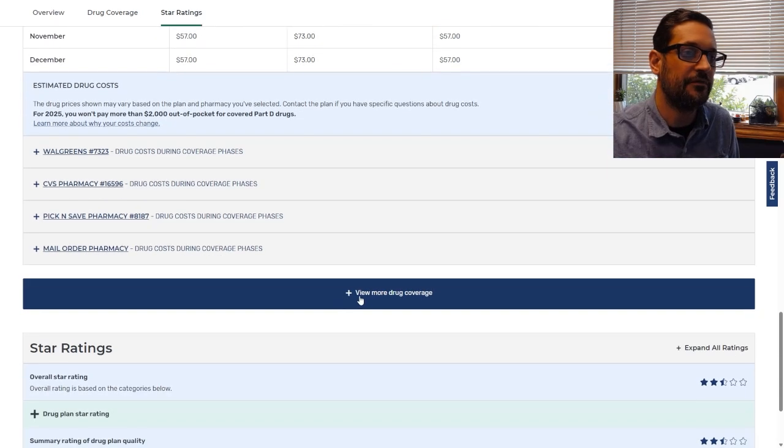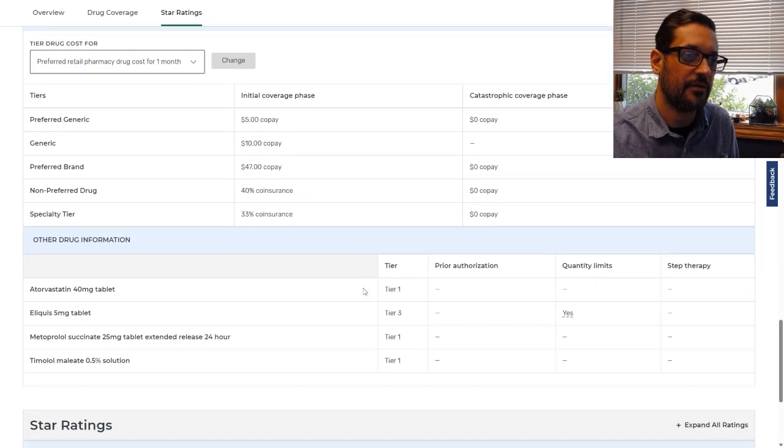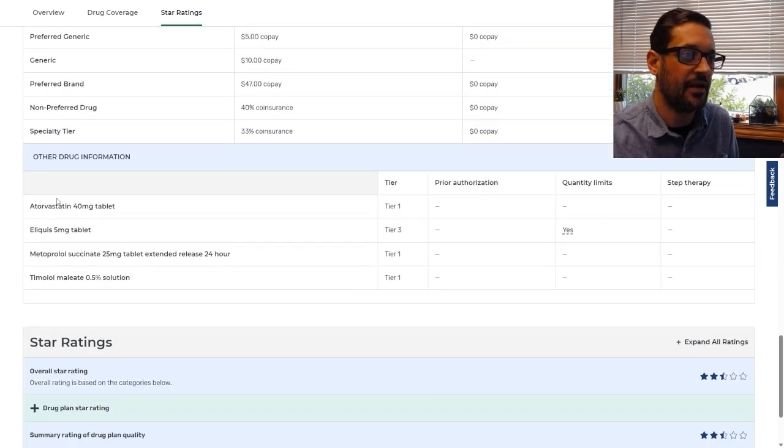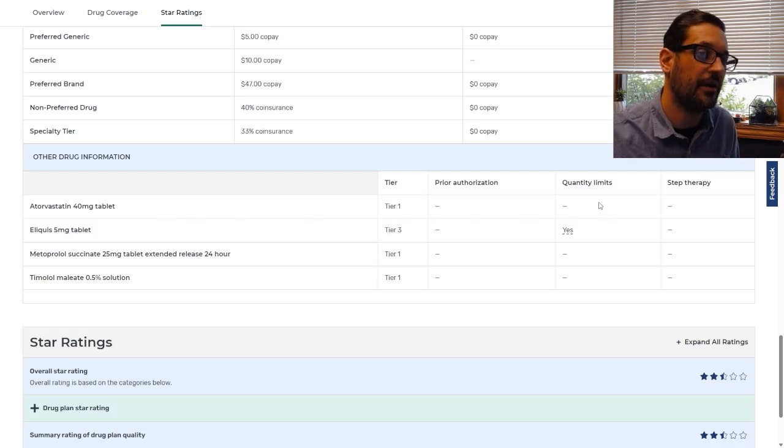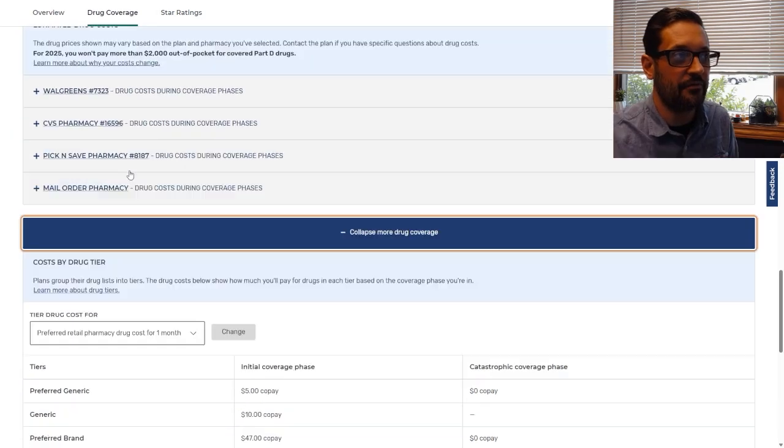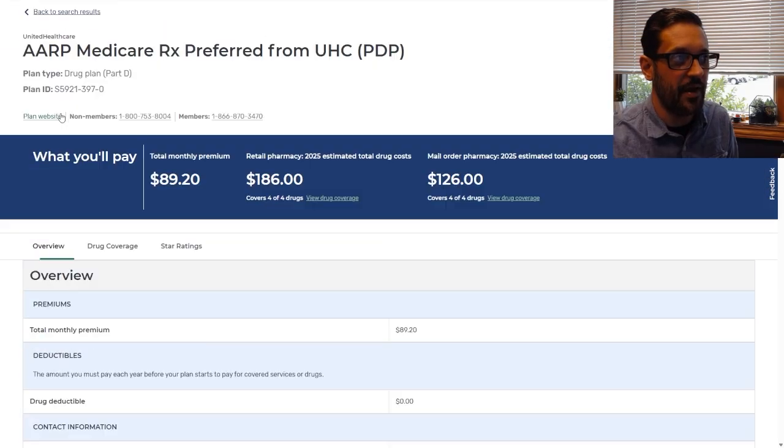And then again, going into View More Drug Coverage, we can see now that on this particular plan, we still have the tier 1s, but now Eliquis is a tier 3 medication that has a quantity limit. But because we changed a different plan, the atorvastatin no longer does have a quantity limit. So this is an important thing to do when you're shopping around for plans, because if I was to go back